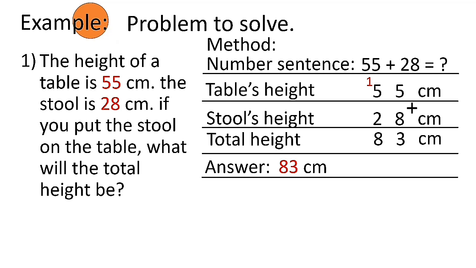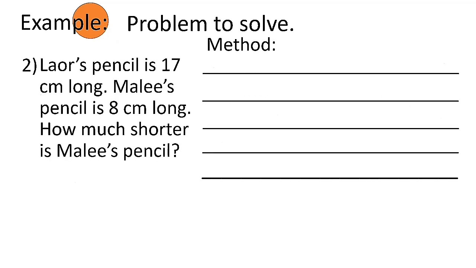Again, let's read the question again. What will the total height be? So the total height, if you are going to put the stool on the table, is 83 centimeters. Okay. Another example,